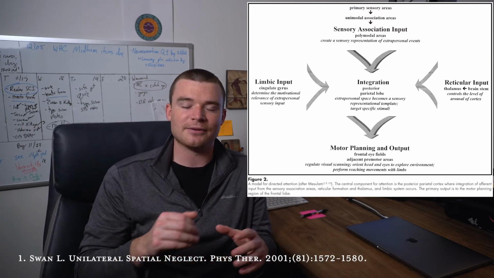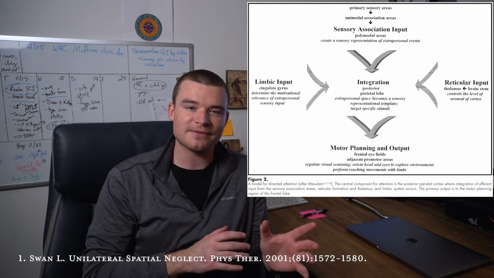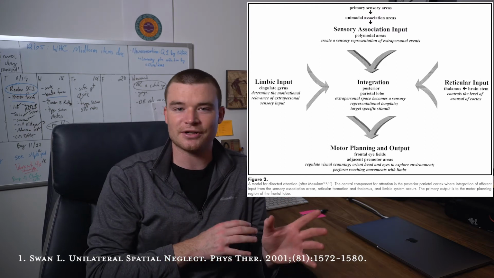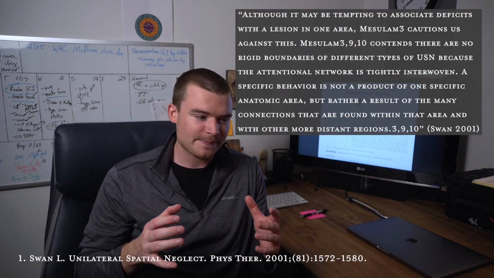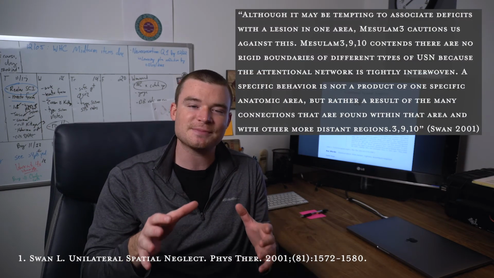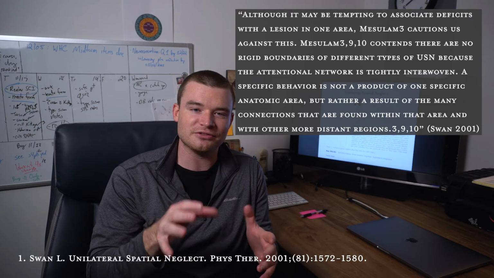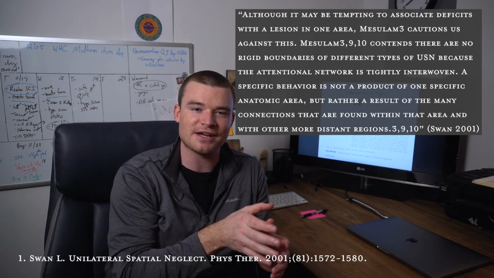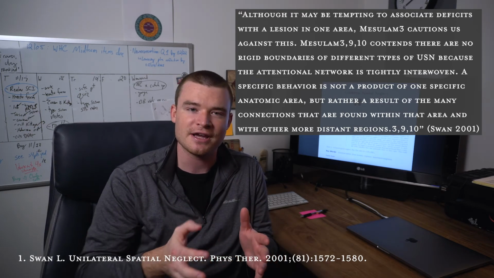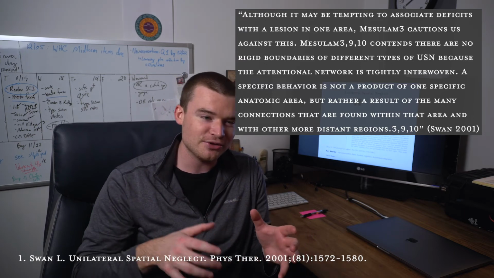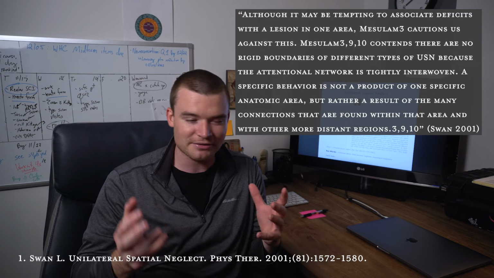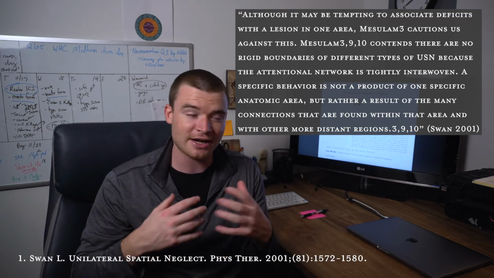And that's one of the things the article touches on, and one of my favorite pieces of the article. I'll put this quote on the screen here: basically, there's not any specific area of the brain that you can lesion and say is going to present with one type of neglect or another. And I think that's really, really important, and it kind of fits with a new idea that I've been kind